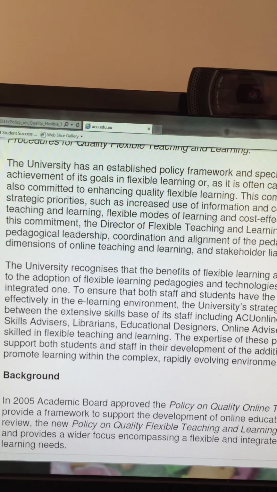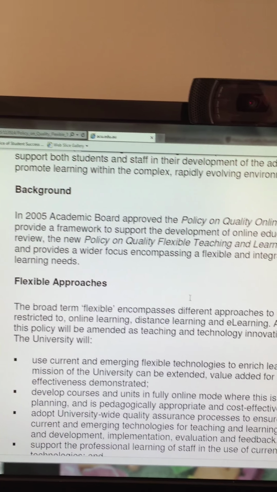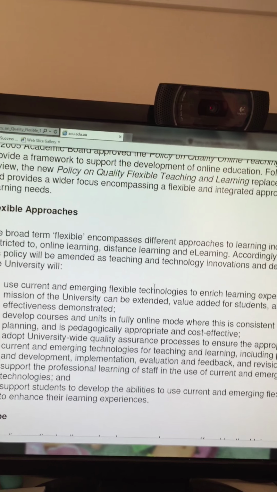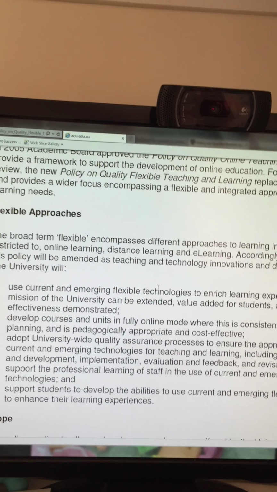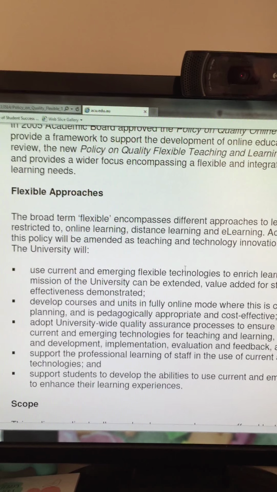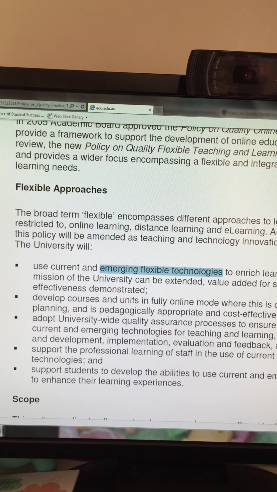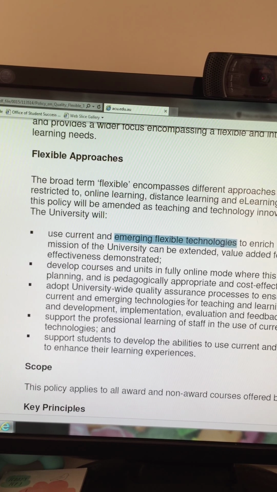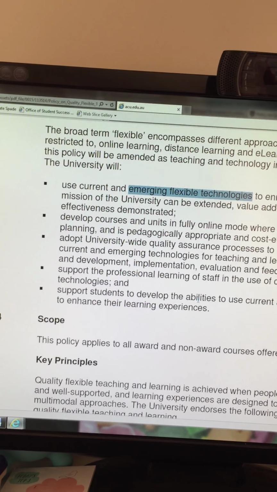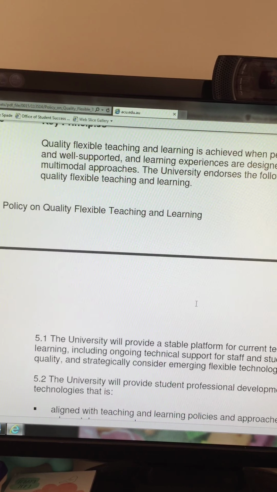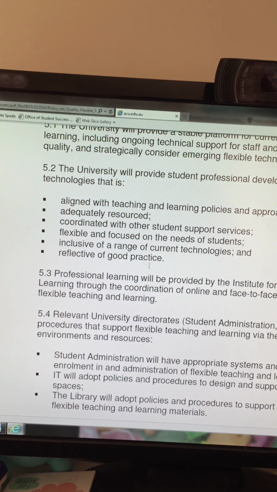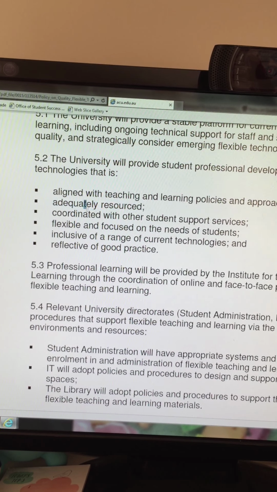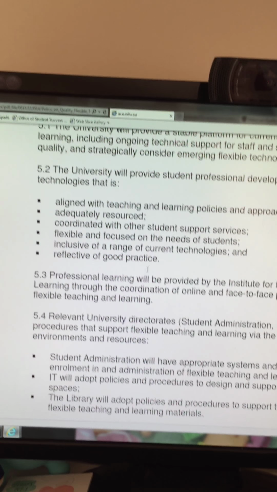So this policy framework is definitely set in a kind of way that encourages people to use the university policies around this. It does, of course, encourage emerging flexible technologies to be used, which is noted here, but it does so by tempering that against using that within the context of these benchmarks that have been set. So it talks about aligning with teaching and learning policies, that it's adequately resourced, coordinated with other student support services, and